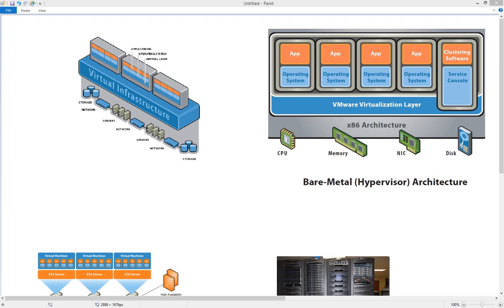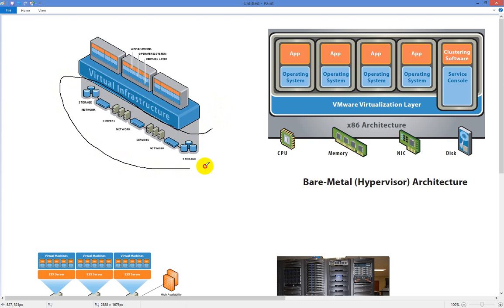Now, as I'm sitting here talking to you, I have several pictures in front of you that I wanted to go over and break down the purpose of each one. If you've been working in IT for any stretch of time, you're probably familiar with this look right here, where you've got your storage somewhere, some network switches, network routers, some servers, some more network, some more servers, some more network, and then storage.